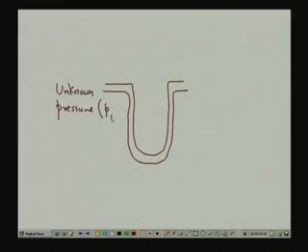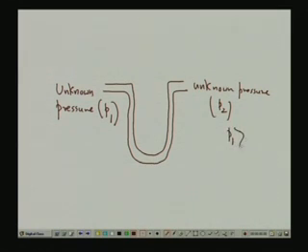This is P1, this is unknown pressure also, P2 I should say, this is P1. So actually the liquid, if P1 is higher than P2, so what will happen, there is a height of difference, so it will come like this, right. So this height, starting from this point, is h.